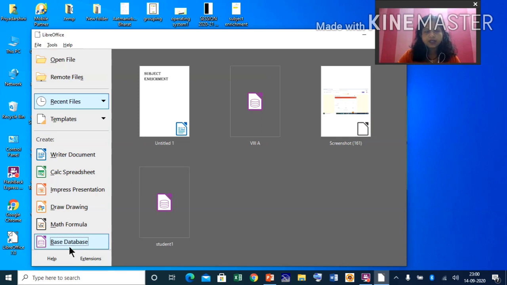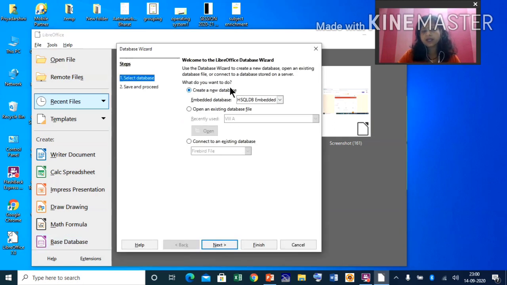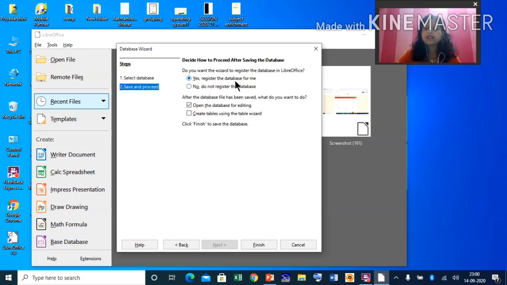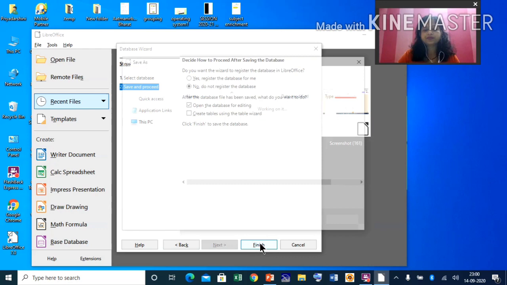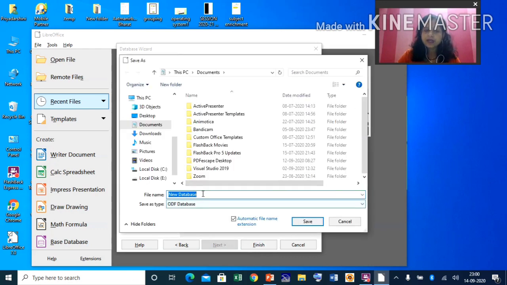So click on this. Next, create a new database. Next, then yes, register the database for me. You can choose no also, no problem. Click on the Finish button. When you click on Finish, it will ask you for a database name.